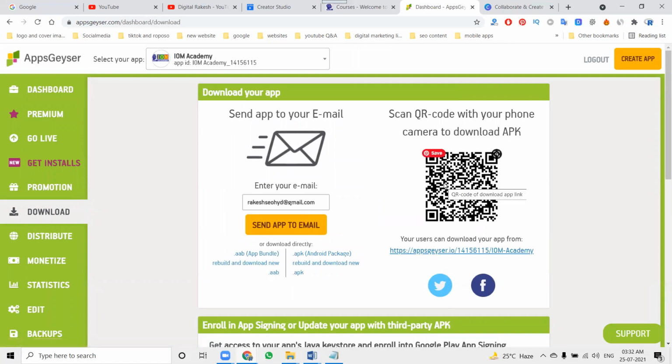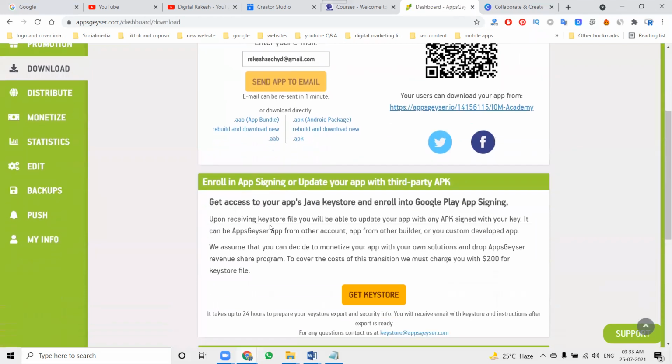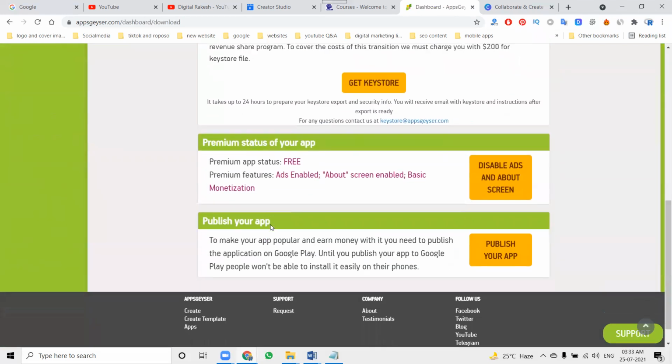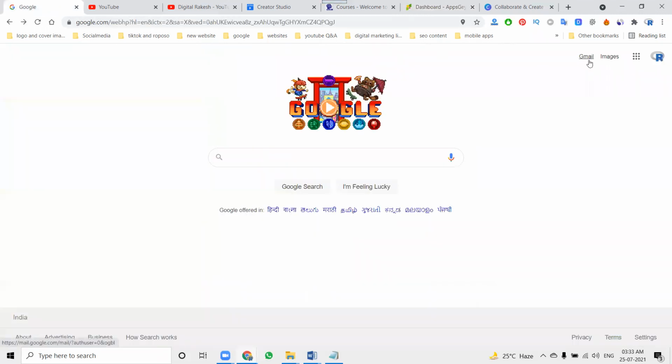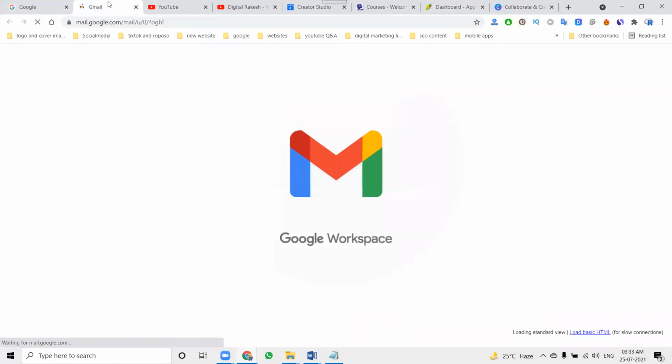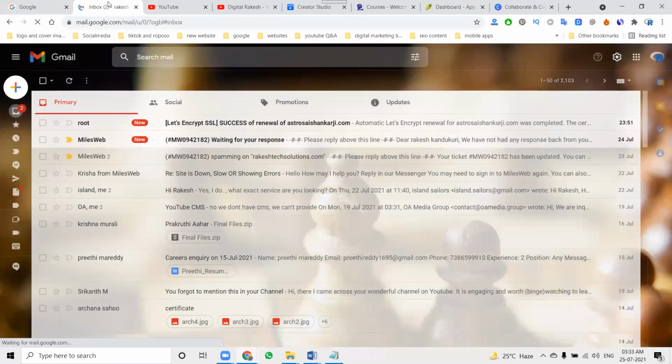I'll send the app to email. We can publish this application in your Play Store as well. Once they receive the mail, we can download that APK file.